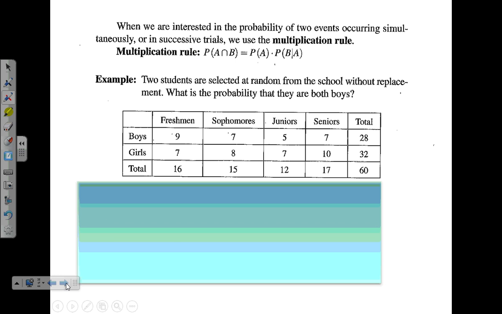Okay, and one more page here. Remember we did our addition rule, and that was for our OR problems. For OR problems, we're going to use our addition rule. Our AND problems, we're going to use our multiplication rule. Know those things. So here's our multiplication rule, and if you look back,